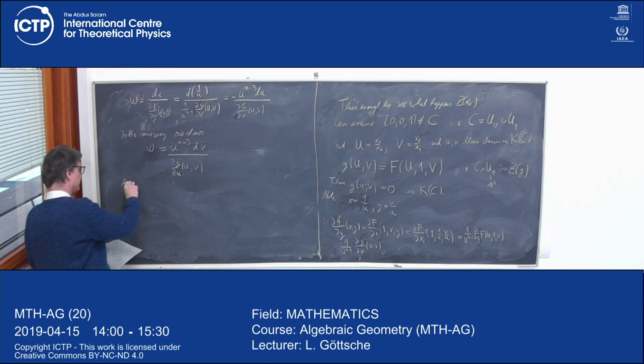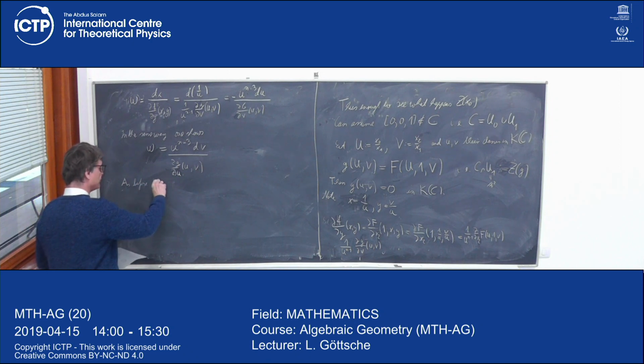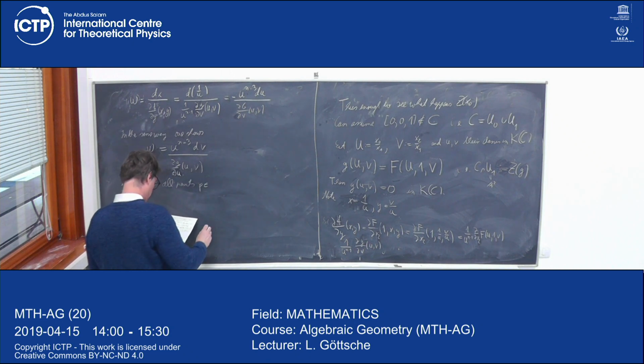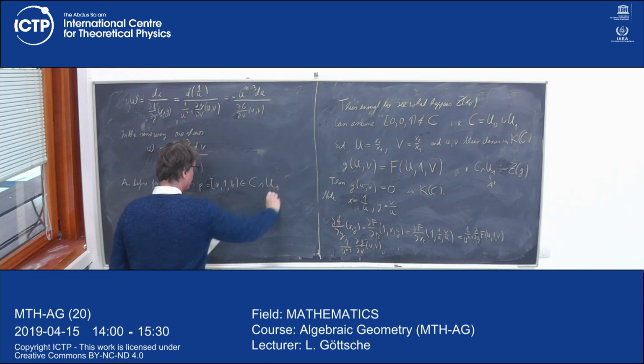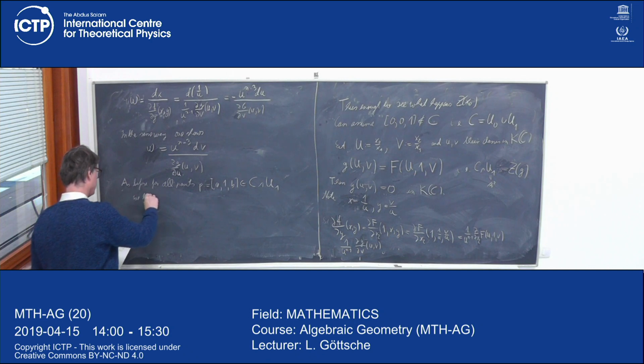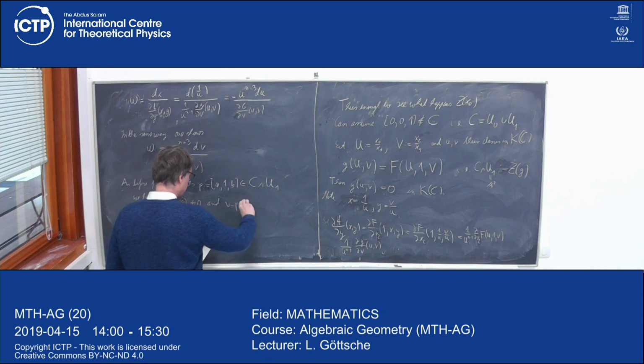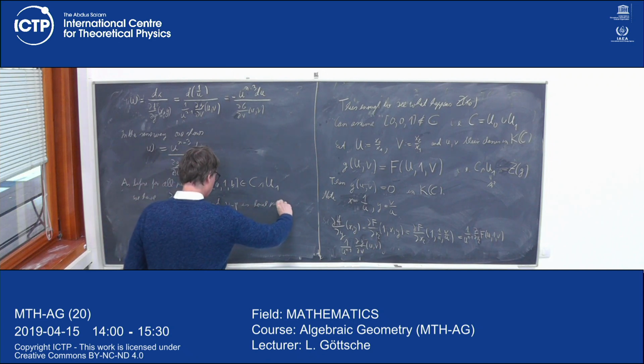So as before, for all points p, say equal to (a, b) in C intersect U1, we have dg by du at p is non-zero, and v minus b is a local parameter at p,